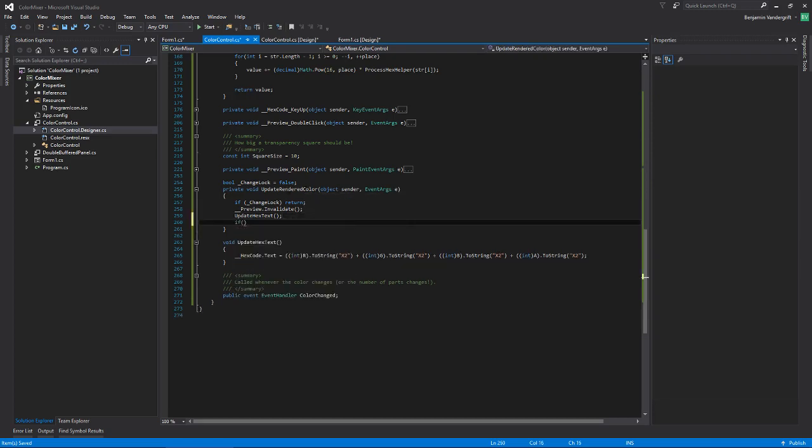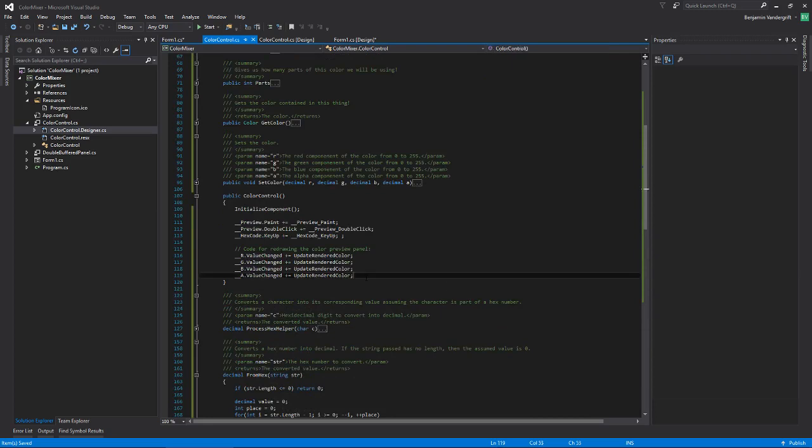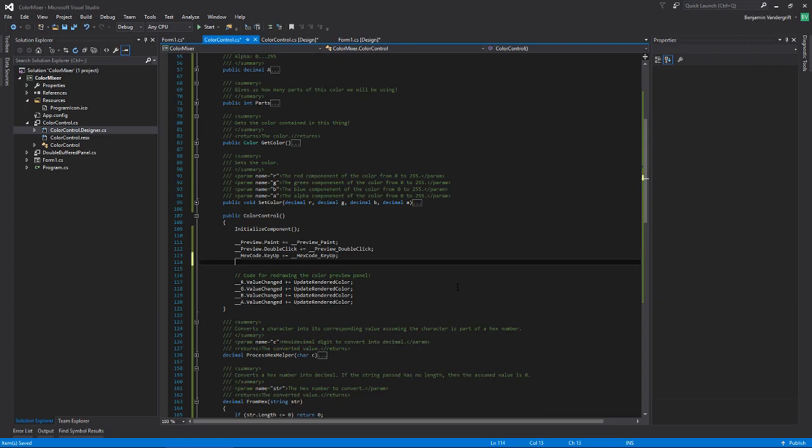So right up here, you remember our UpdateRenderedColor? Well, what you want to add is: if ColorChanged does not equal null, that means somebody is letting us know what to do when our color changes, ColorChanged. We'll go this null. A lot of that stuff doesn't matter. Now this is saying that you can get rid of this check. I don't know that's always been the case. I'm going to keep it there because it makes me feel safe, but it may not actually be necessary. Okay, so I want to come here and go, don't need that,